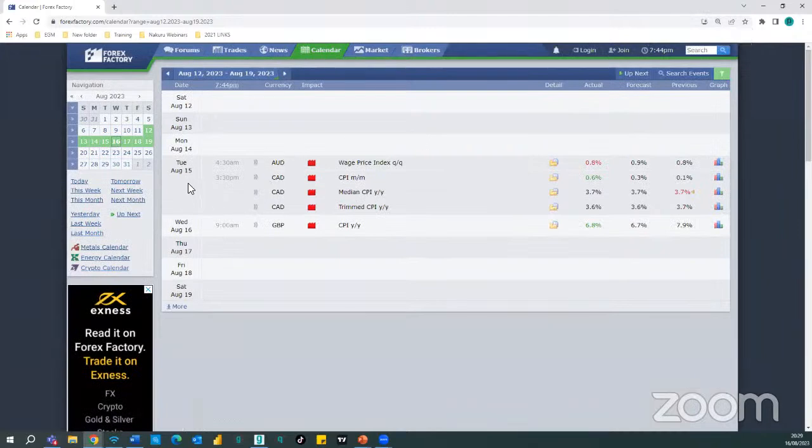So when you search the calendar, for example, here on August 15th, you can see at 4:30 and 3:30 p.m. This is East African time, GMT+3. AUD, we had wage price index. So the wage price index, if you want to learn more how to understand these events, click on that detail